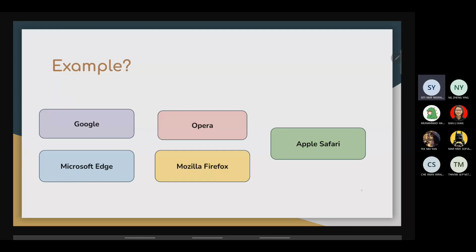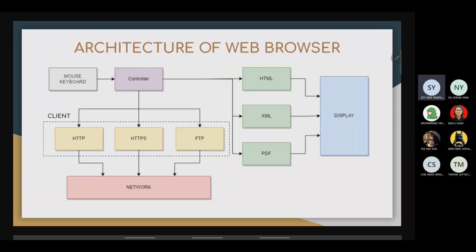Okay, so this is the architecture of a web browser. The mouse and keyboard input is from the user. After the controller, the HTML, XML, or PDF is the interface for the display. I'm going to talk about this after this. Okay, the architecture of a web browser. Okay, the controller is